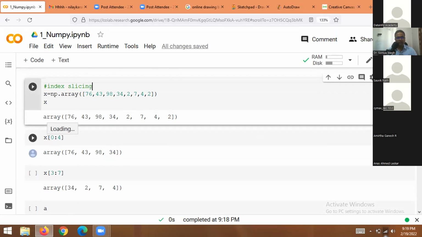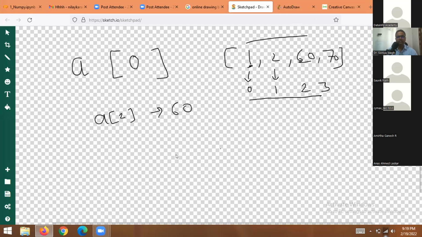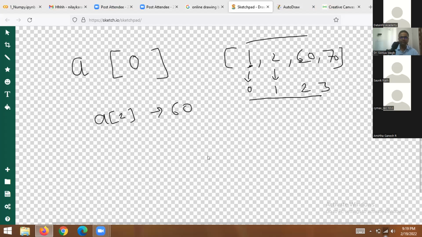So typically when it comes to index slicing, the syntax: name of the array, starting index,